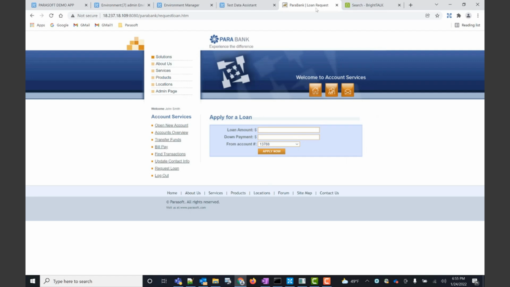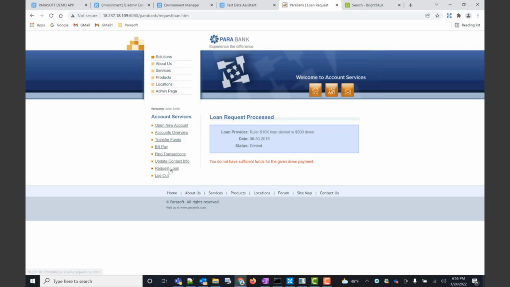We're going to go to Parabank, and we're going to apply for a loan here. Let's say that I want a $10,000 loan, and I'm willing to put down $500. If I click Apply Now, it says I don't have sufficient funds for the given down payment. So let's go back to request a loan.